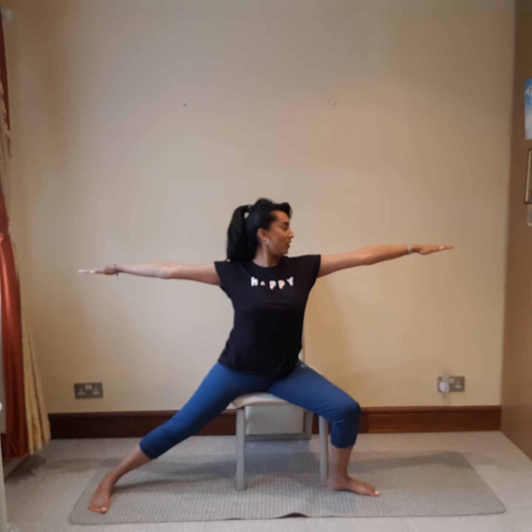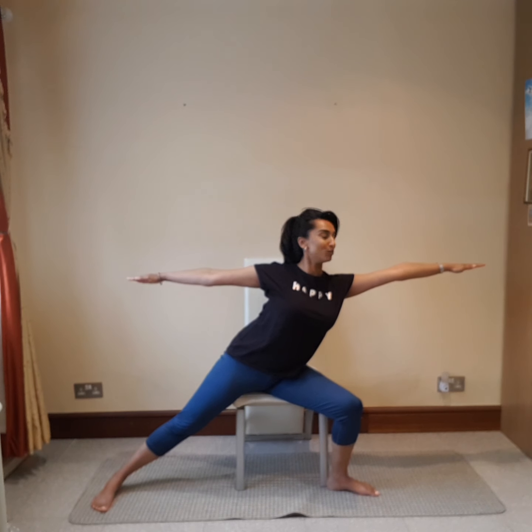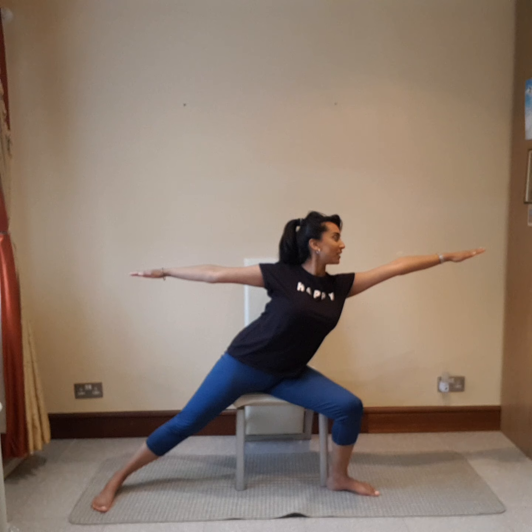So nice and slowly, inhale up, okay? Big smiles, turn your chin, turn your head, and imagine we're going for that lean, okay? So really leaning in, going for that pull. Somebody's got your arm and they're pulling you forward, and holding the pose, taking a nice deep breath in and